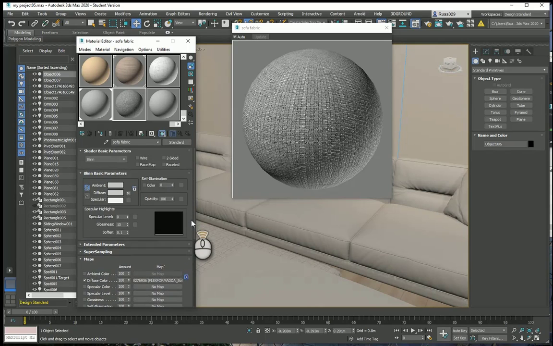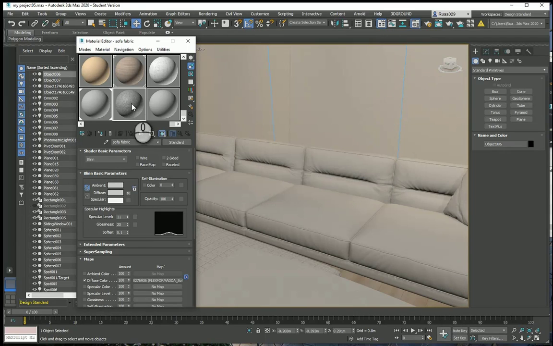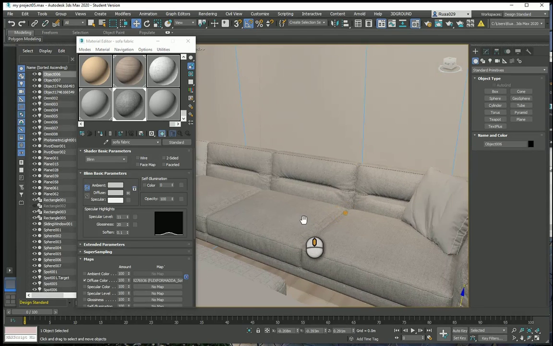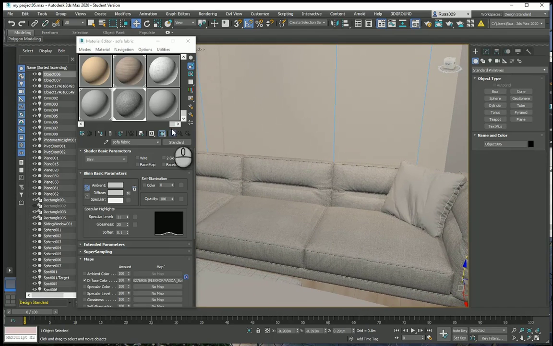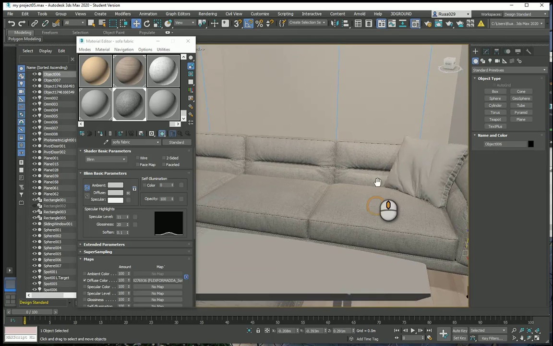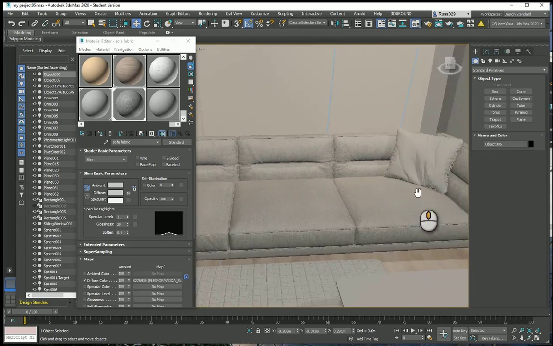I will go back and I will add a little specular level and a little glossiness. I will apply this textile onto my sofa, so I can simply click and drag to the sofa. Make sure that you choose show shaded material in viewport. And also I can